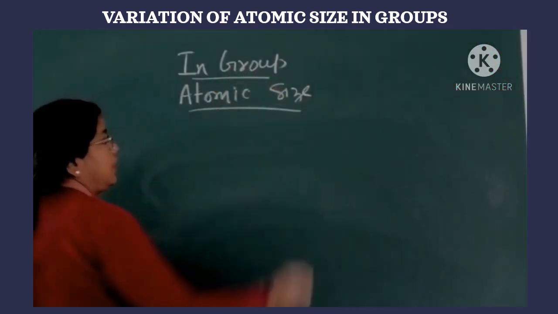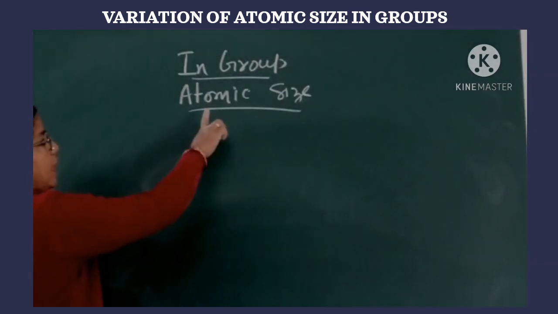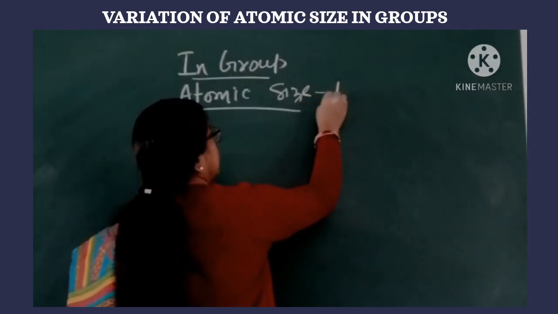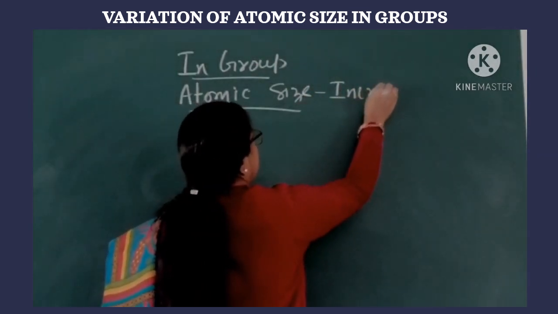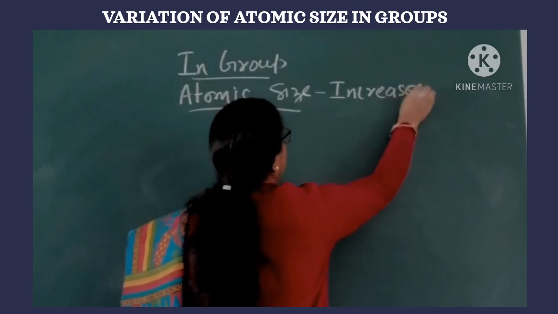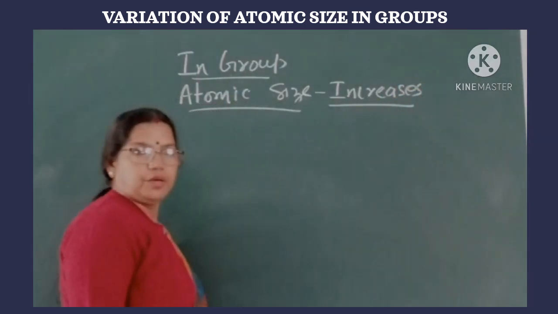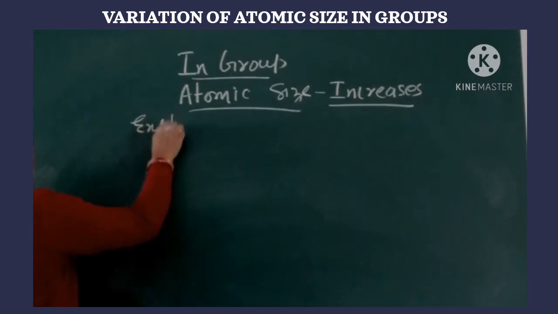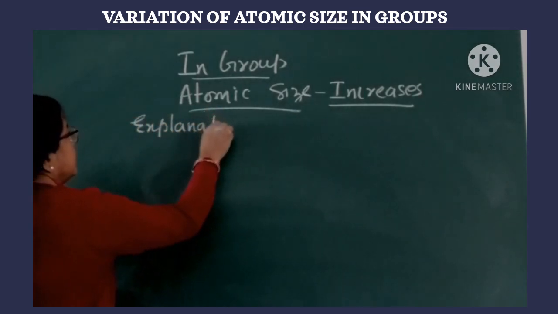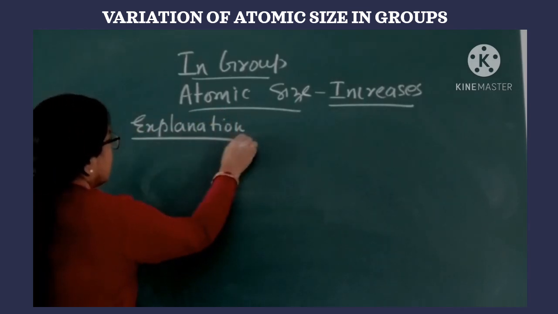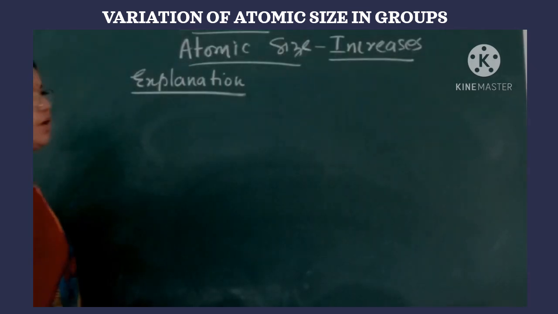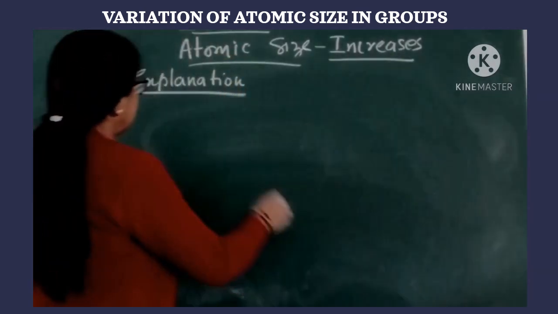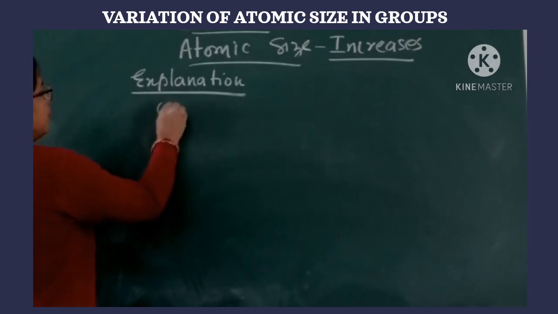Variation of atomic size in a group. Children, atomic size increases when we move from top to bottom in a group. Let me explain this in detail, in other words, the reason for the increase in atomic size while moving from top to bottom in a group. Let us consider the group